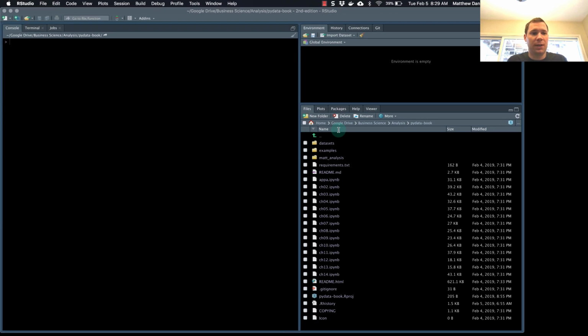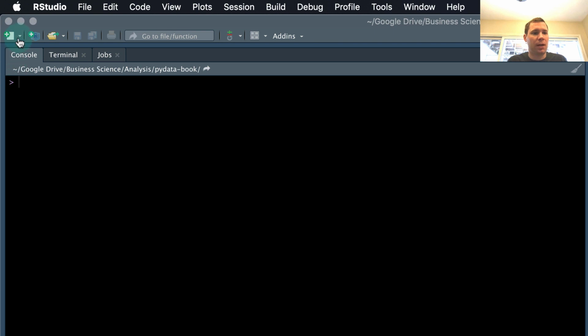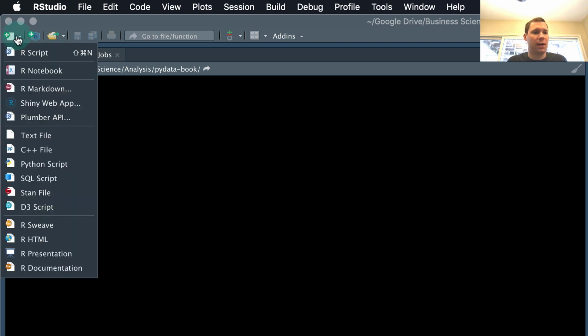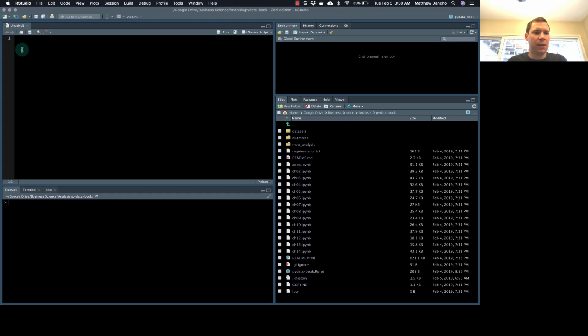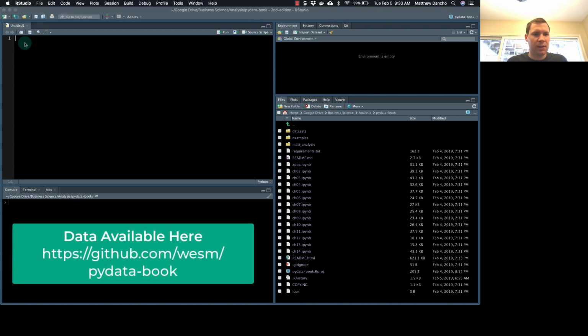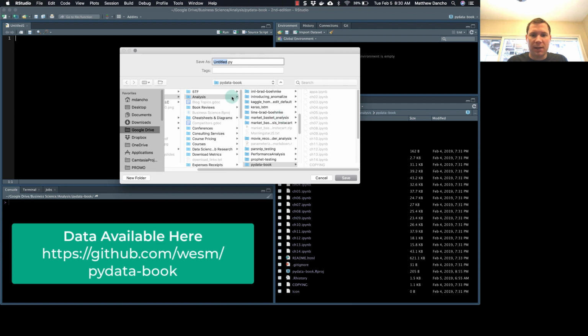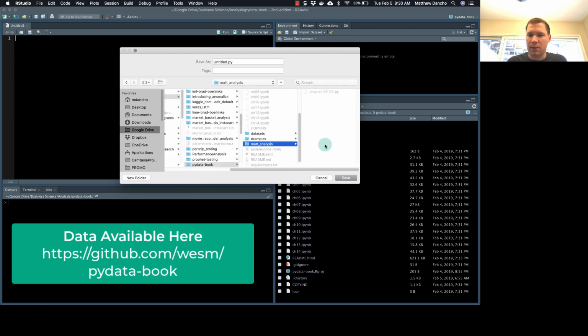So what I'm going to do is I'm going to go up here, and if you see under here where I can add a new document, I'm going to scroll down here and check out Python scripts. So that opens up just a blank Python document. And what I can do is save that. And if I save that in my folder, which is the PyData book that I'm working in right now, this is my analysis. I'm just going to save it as a file called